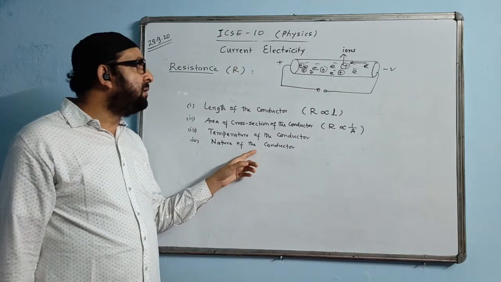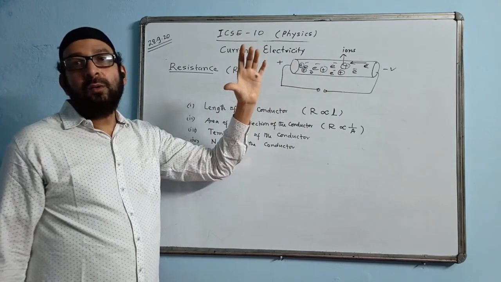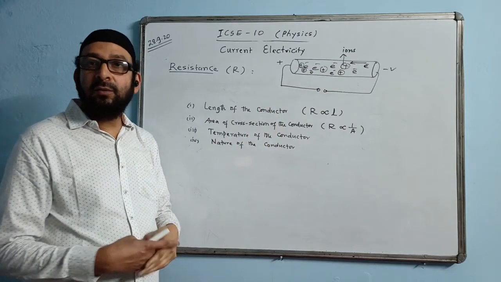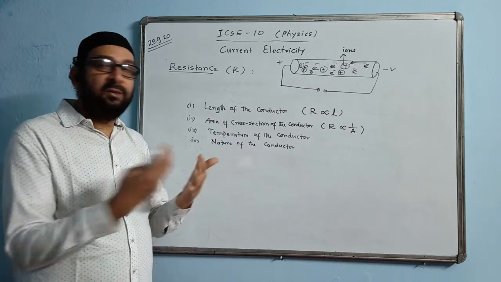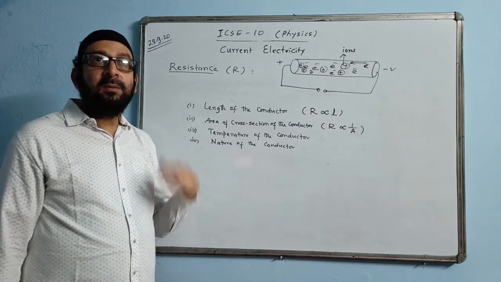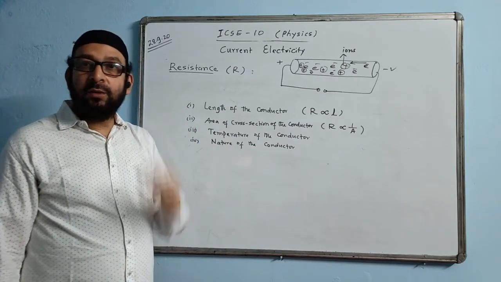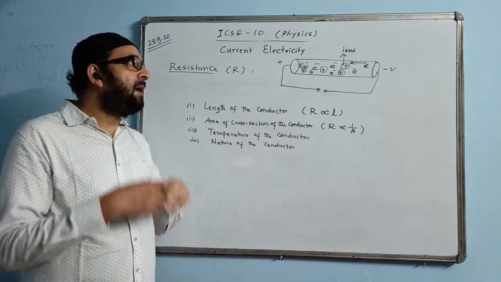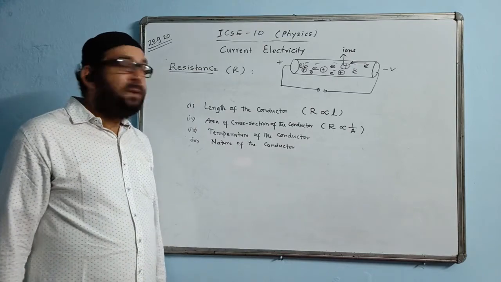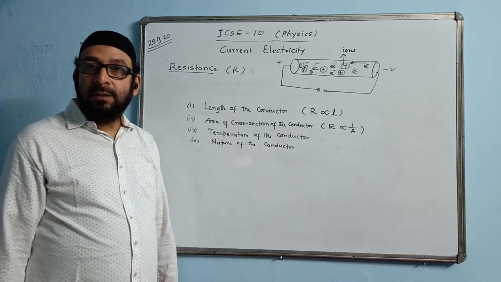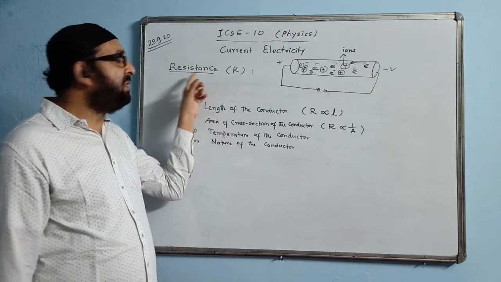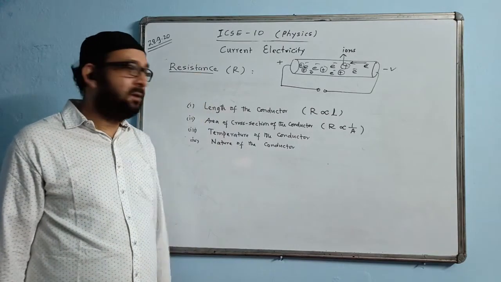Because in some conductors the gap will automatically be more. That means the ions will be less, so more electrons are there. So they are better conductors. The collision will be less and resistance will be less. The substance which is a good conductor will offer low resistance, and the substance which is a bad or poor conductor will offer very high resistance. Silver is the best conductor, remember it. Silver is the best conductor. That means silver will offer the least value of resistance.